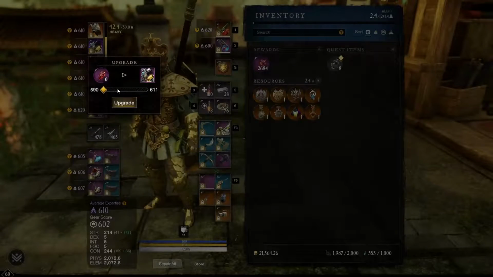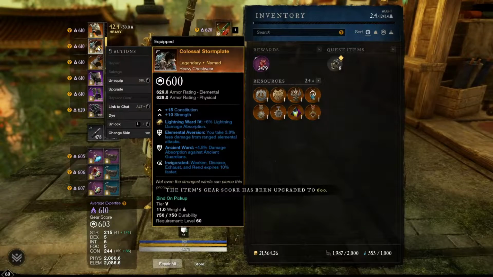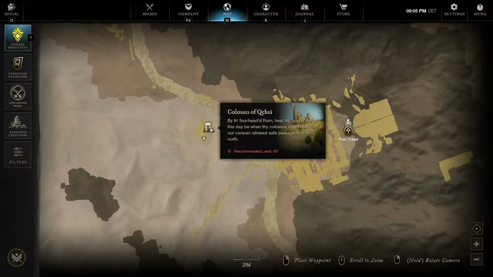Next we've got the chest, and we've got a heavy chest, the Colossal Storm Plate. This is again located in Brimstone Sands, and for this one we're going to get Elemental Aversion, Invigorated and Ancient Ward. It comes with Constitution and Strength. You're going to find this from a Colossus boss, and this boss spawns on a platform next to the Great